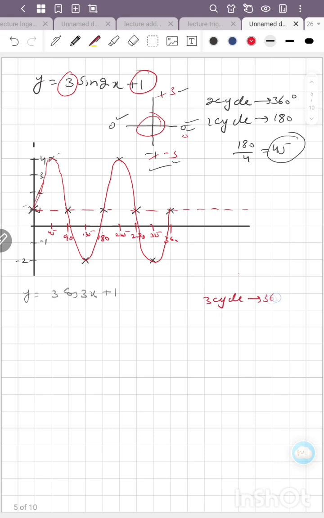थ्री साइकिल क्या हो गया, 360 के, वन साइकिल किसके इक्वल हो गया आपके पास, 360 डिवाइडेड बाई थ्री, और इसको डिवाइड किया तो आपके पास 120 आ गया, 120 डिवाइडेड बाई फोर, क्योंकि जब भी हम टेबल लेंगे तो फोर वैल्यू को हम कंसिडर करते हैं, वन ज़ीरो माइनस वन एंड ज़ीरो कॉस की वैल्यू को। तो ये आपके पास 40 को किया तो 30, जब भी 30 का एंगल बनेगा तो डेफिनेटली वो काफ़ी लेंथी ग्राफ बनेगा।